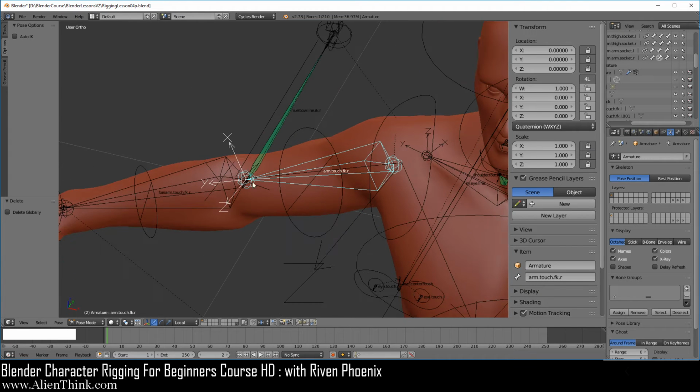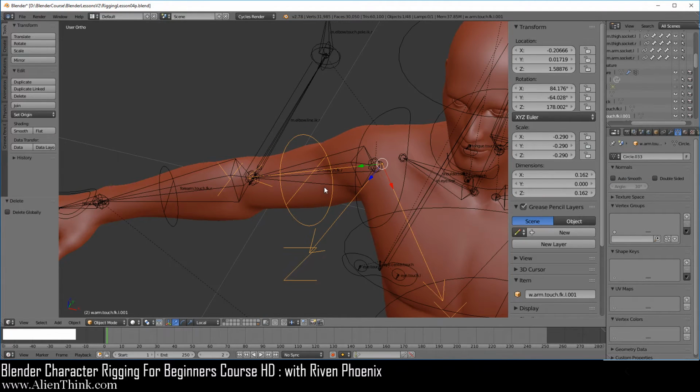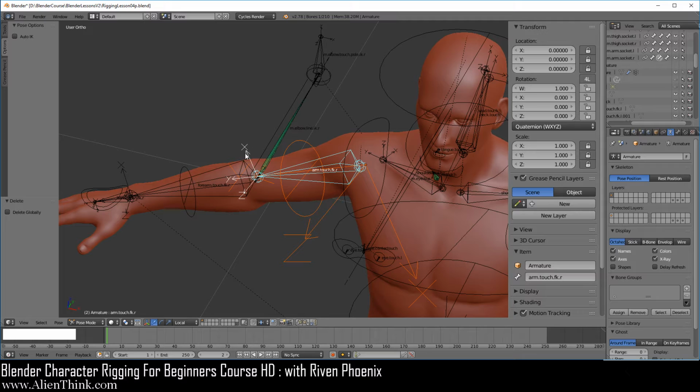So here what you want to do is take a look at, okay, the x-axis is pointing up, the y is going this way, the z is coming this way. And if you click over here on this object, right, and then go ahead and press the Shift key down and click on this bone, you'll be able to compare the axis. So you can see that all we really have to do is flip on the object level the x-axis to appear on top, so it matches with these bones. So it's actually going to be true for all these axes over here, right?